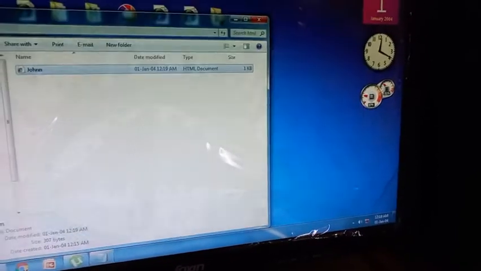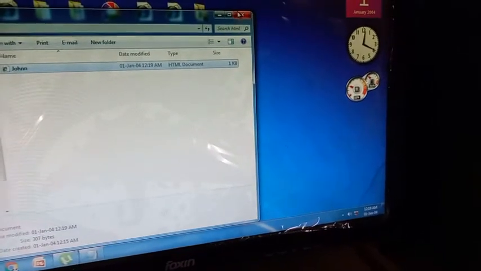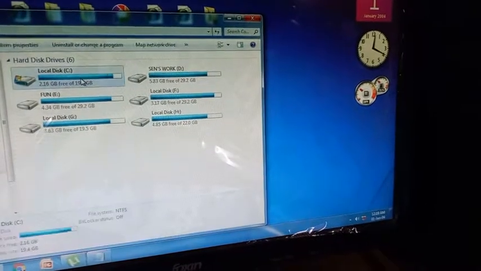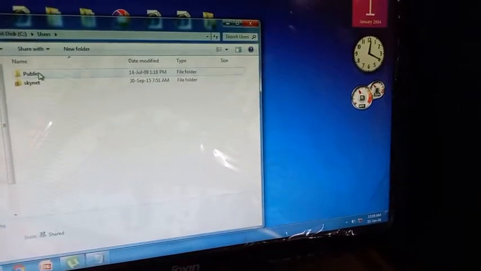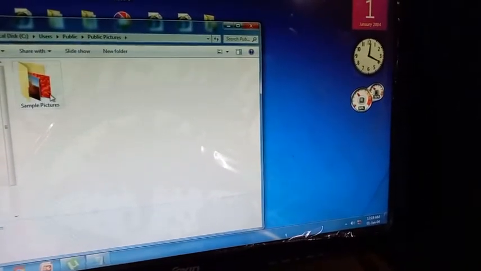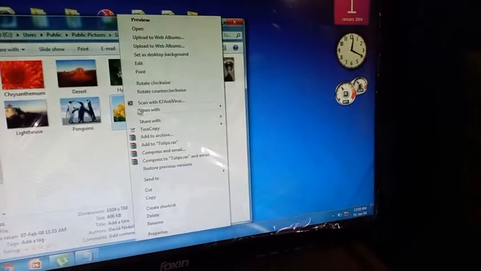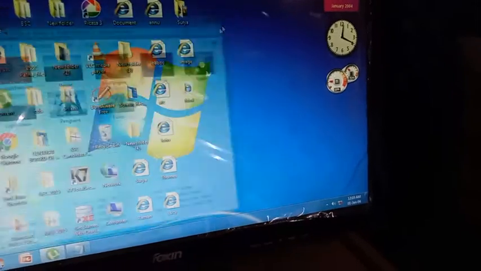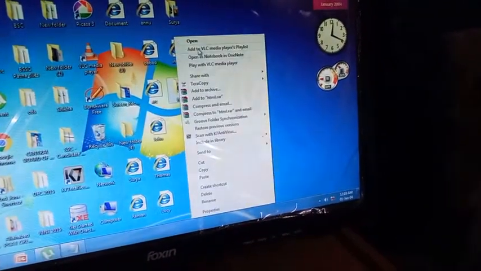and now bring your image, paste your image in the folder. Say if you want to add this image, so just copy this image and paste it in this folder.